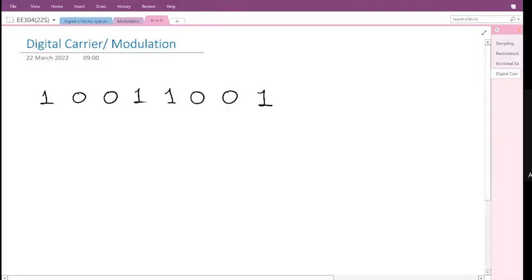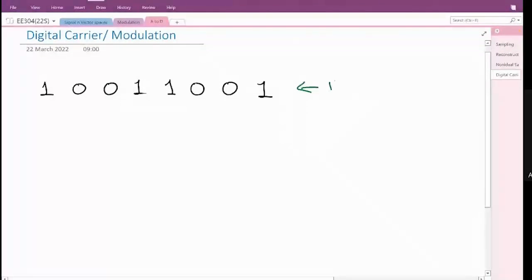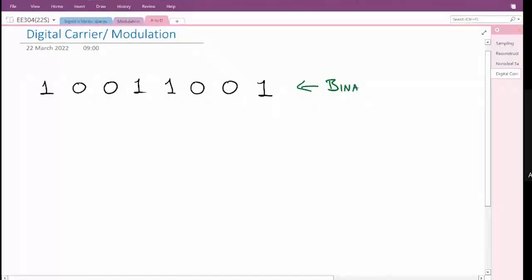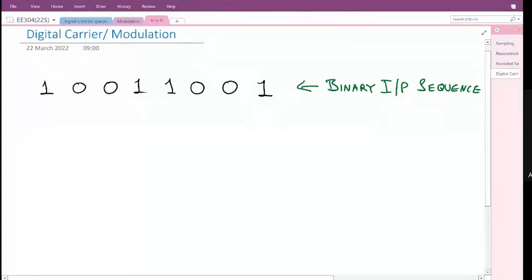Let this be the sequence, and this is the binary input sequence. Let this be the binary input sequence, and if I have to plot this